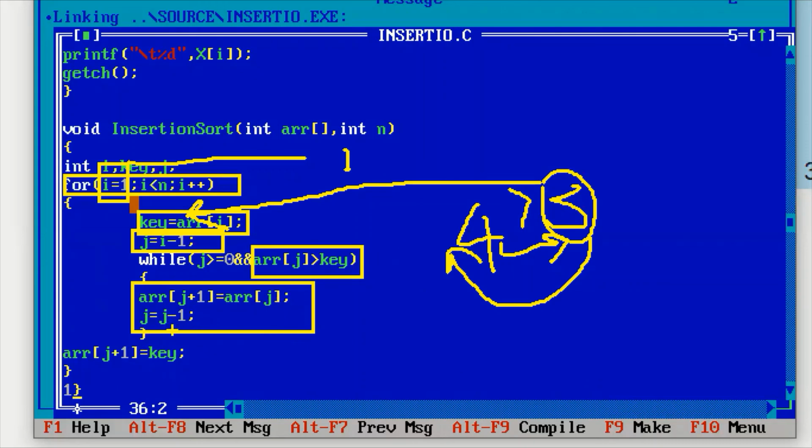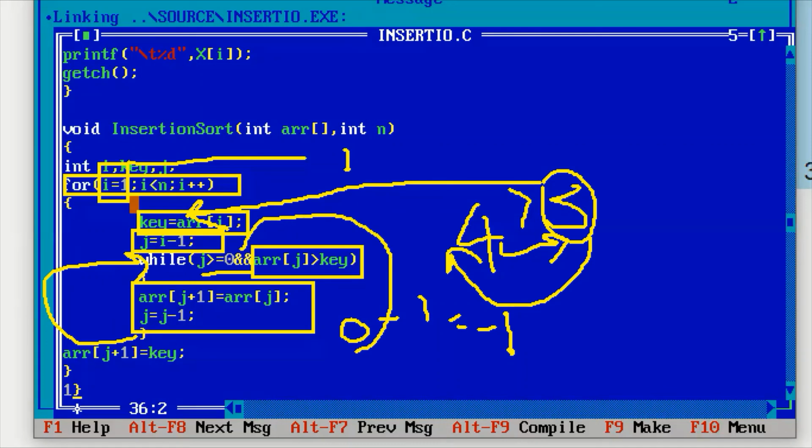j will be updated, meaning previously the j value is 0. 0 minus 1 is minus 1. After updating, the closing brace means control transfers to the while loop. So here the condition will be false: minus 1 greater than 0 is false, so it comes out of the loop.